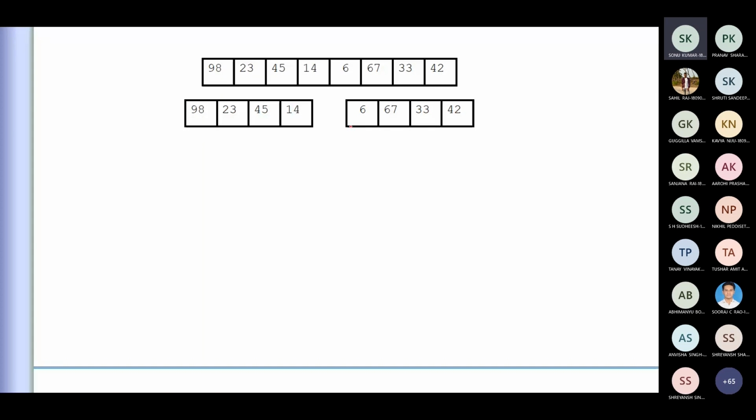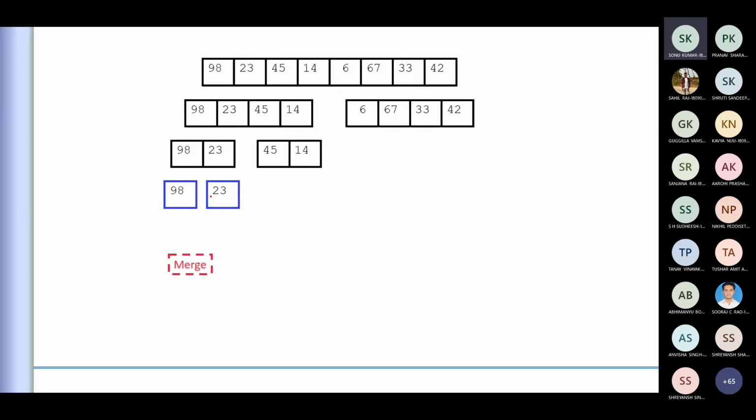Now we divide initially, and what happens? The division goes on until you get two elements, and you go one more step, where you end up dividing, but you can't compare. This is the end point of your division. This is how you'll divide the whole array. The 98 cannot be compared with itself, right? That is the limiting point for us.